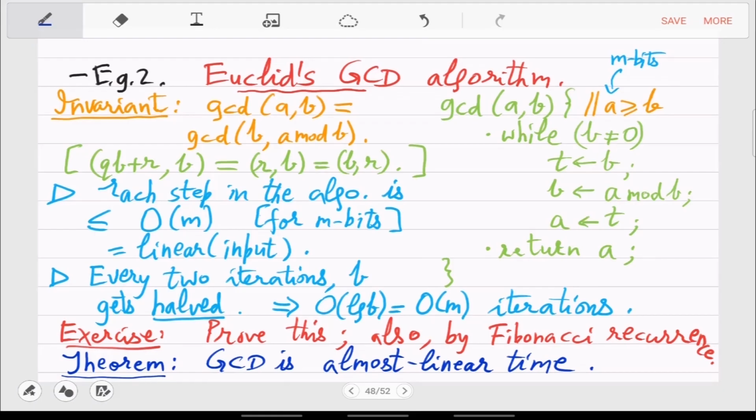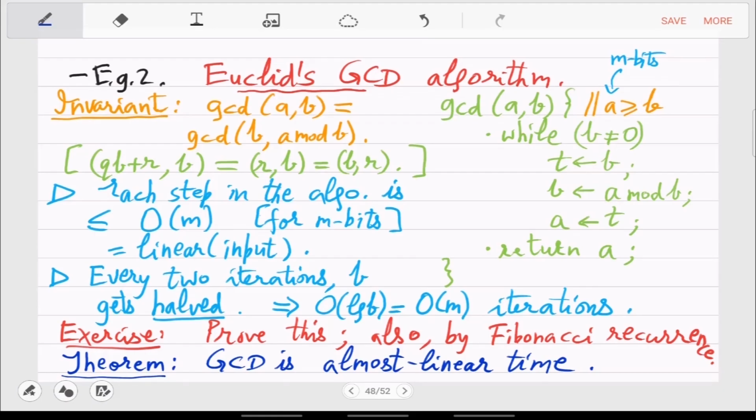Because by definition, it talks about largest or greatest divisor, which could have been anything from 1 to b. So that's a search space of b, right? But this algorithm achieves the solution in only log b, which means that it did not even see all the integers. Somehow, magically, it directly goes into the interesting part of the sample space and only finds that answer. It doesn't look at all the numbers from 1 to b.